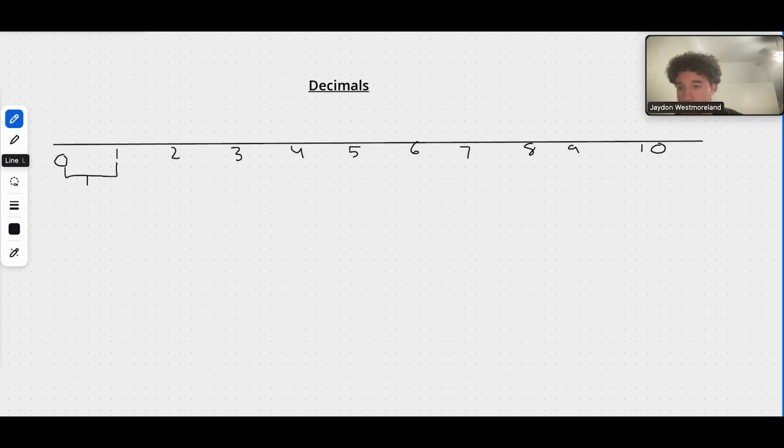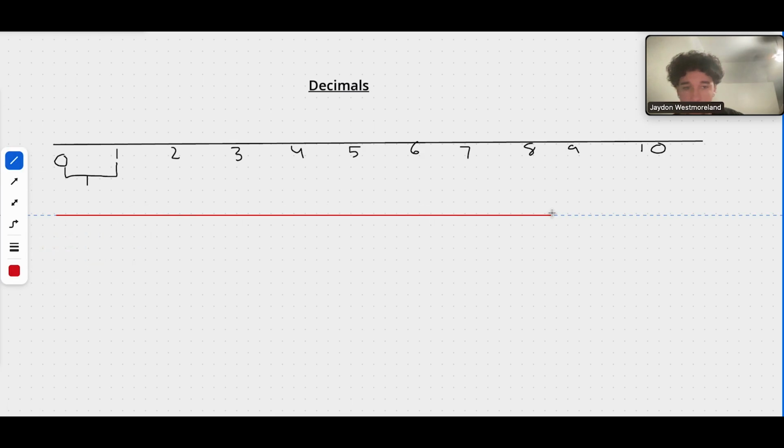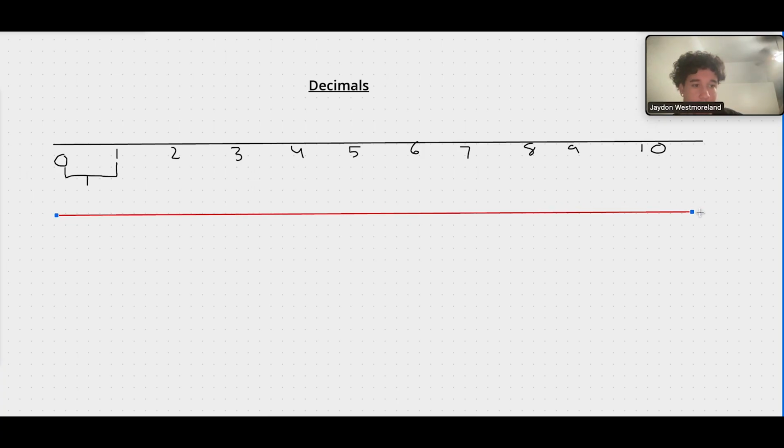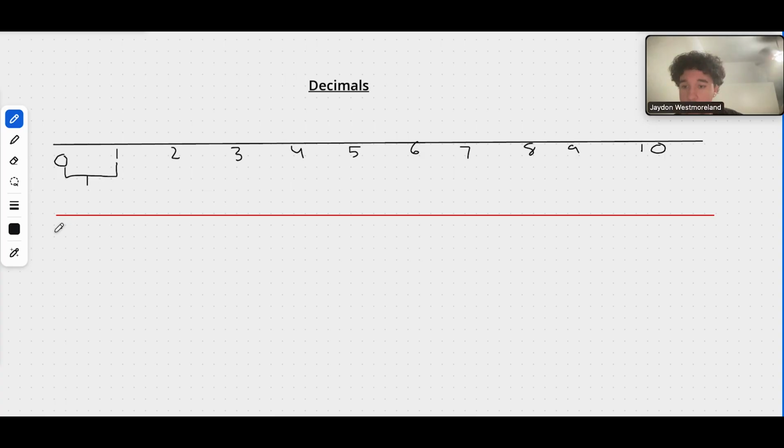So what I'm going to do is draw this number line now. I'm going to make this one red. This is the decimal number line, specifically between 0 and 1. So right here we have 0, and then right here I have 1. And it's the same idea. Just like how it's 1 through 9, it's going to be 1 through 9 again, but with a decimal in front. So 0.1,